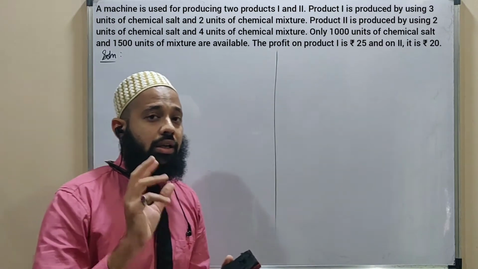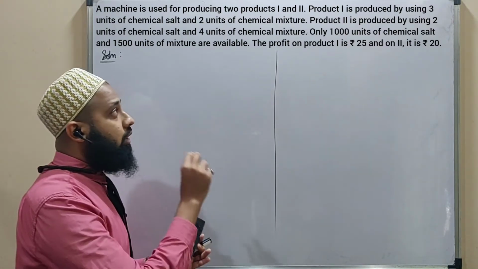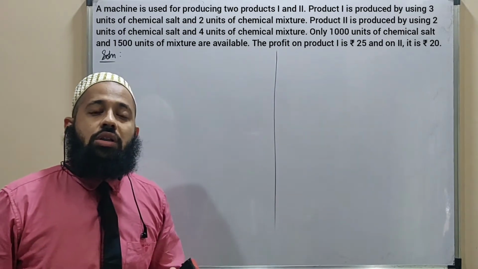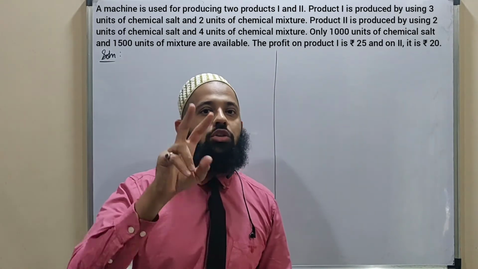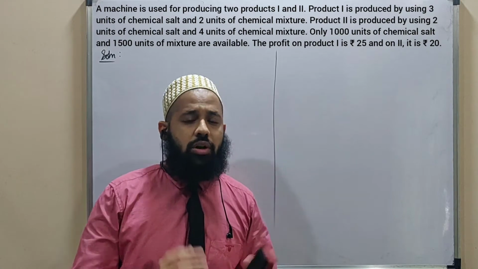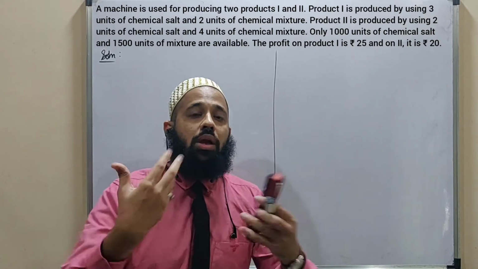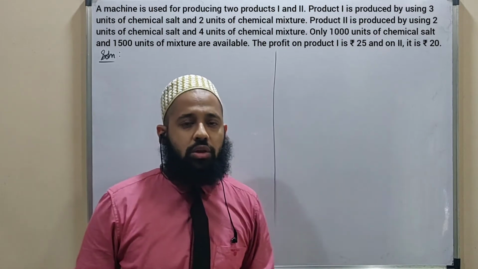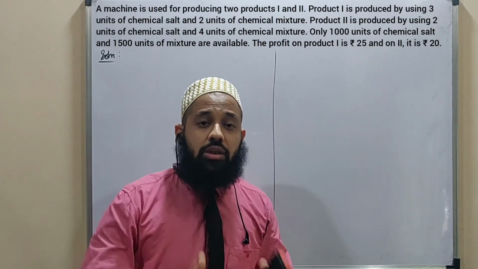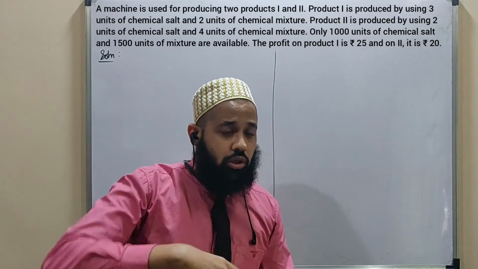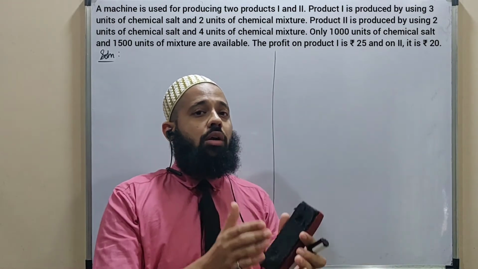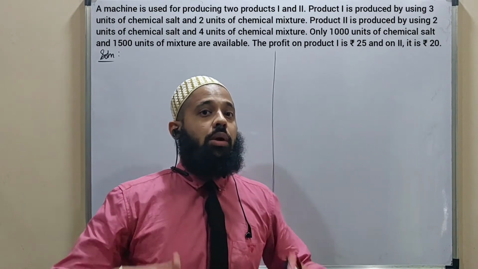Second is to identify what the decision variables are. What is going to be your X and Y? The company is going to manufacture two products, P1 and P2, or 1 and 2, and it is going to make profit on it, which is 25 rupees on one and 20 rupees on the other. So the quantities of these products, see, as a company owner you will think कि मैं कितने products of one manufacturer करूँ, कितने products of type 2 manufacturer, so that my profit is maximum.